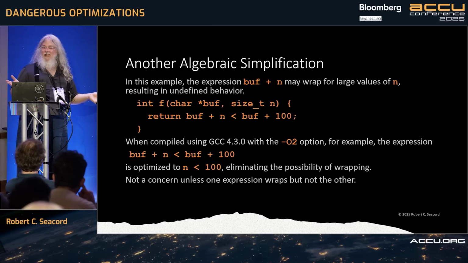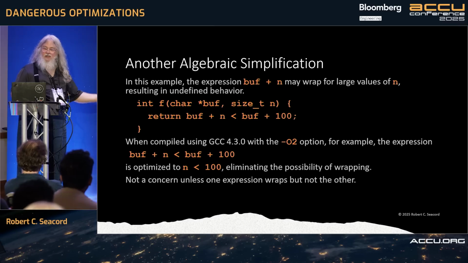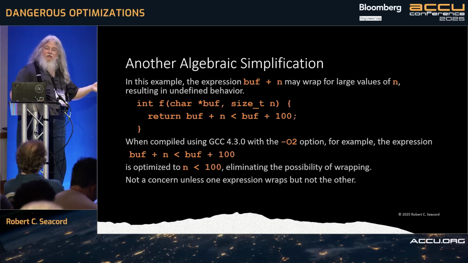I mean, how do you find that? You can run your code through the preprocessor and look at the preprocessed code to find stuff like that. Or you can rely on tools, which again, compilers don't typically diagnose this problem. So these sort of things are big problems. They're hard to find.